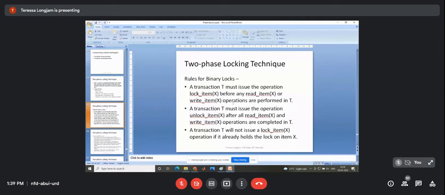Before using a particular data item, the transaction should issue the lock item X. After using it, it should issue the unlock item X. A transaction T will not issue a lock item X operation if it already holds a lock on item